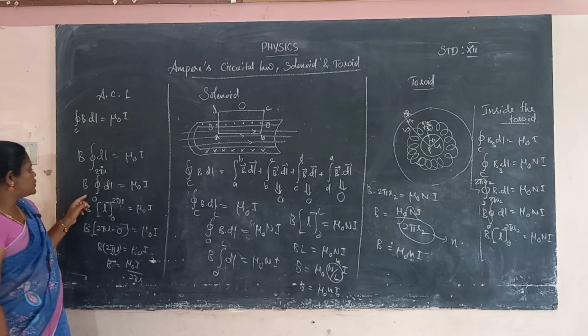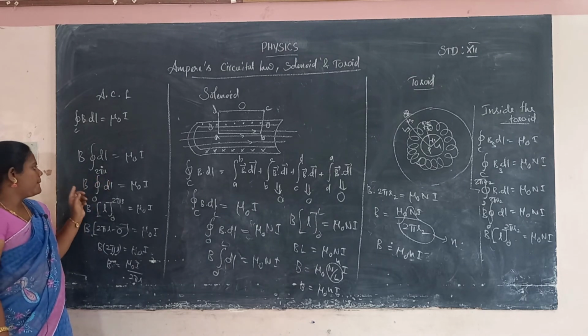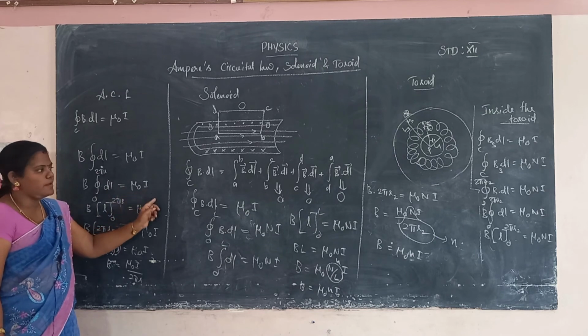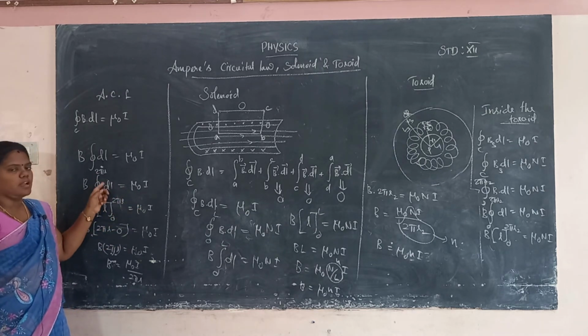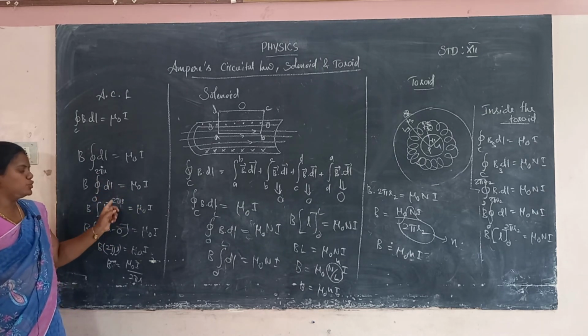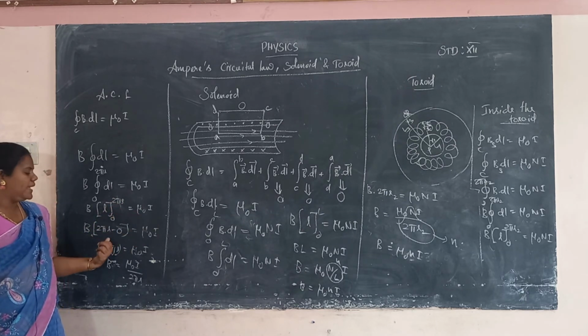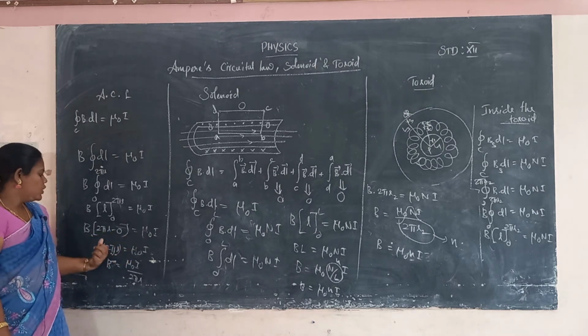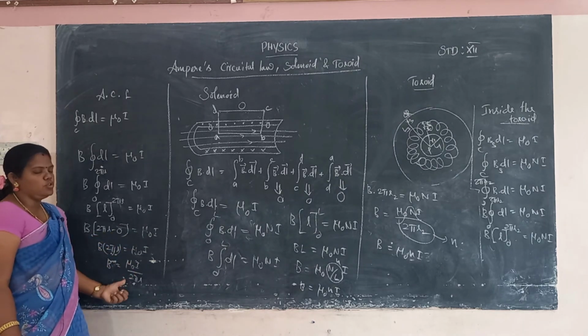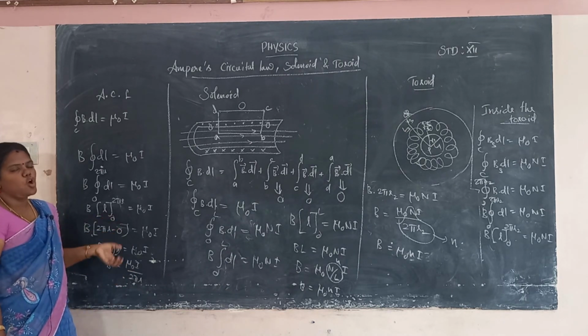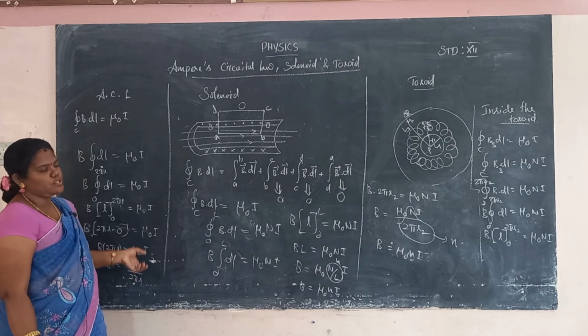The circular form, so the limit is 0 to 2 pi r. B into the closed integral of 0 to 2 pi r of dl is equal to mu naught I. So, B into the integral of dl is equal to L. So, 0 to 2 pi r is equal to mu naught I. So, the upper limit we have to apply is 2 pi r. So, B into 2 pi r minus 0 is equal to mu naught I. Automatically B is equal to mu naught I by 2 pi r. This is how the magnetic field is created in a long straight conductor, by applying Ampere's circuital law.